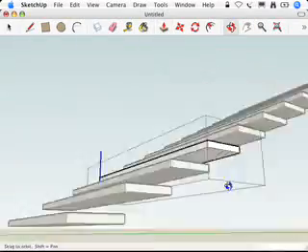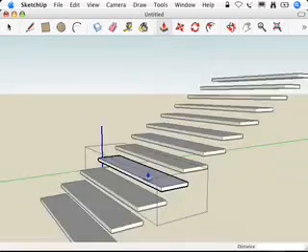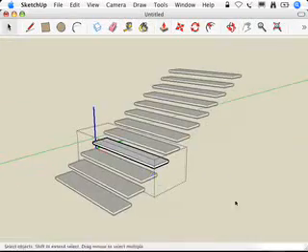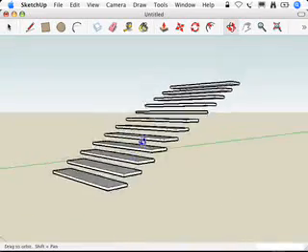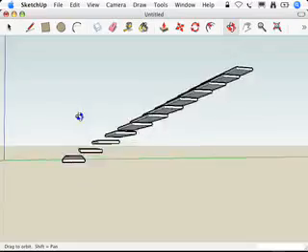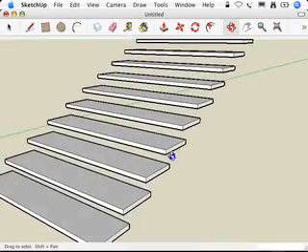I'm just going to click there to finish push-pulling. Let's pull this out a little ways to make sort of a nosing. And what I have, lo and behold, is a set of treads at exactly the right spacing because of the way that I built that original component instance. But I've got a whole stair that I can do anything to now just because each of those is a